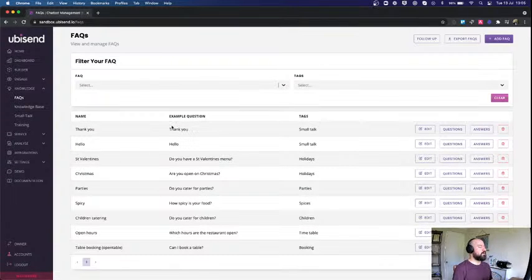So, okay, yeah, we did a few FAQs. We did something around booking tables, which obviously makes sense. Can I book a table? We did something about how spicy the food is. This fake restaurant is a Thai restaurant, so we want to make sure that people are comfortable with maybe quite intense spiciness. We did some stuff around St. Valentine's Days,